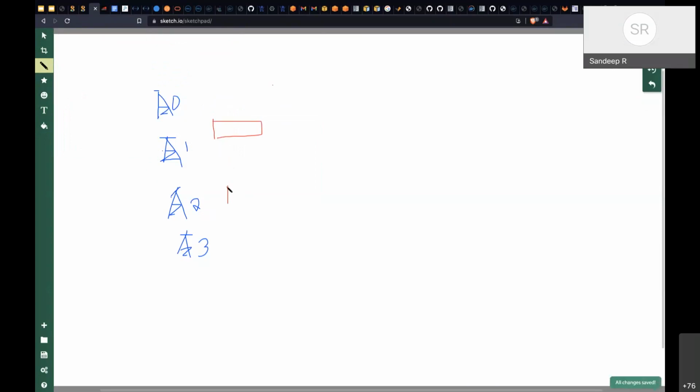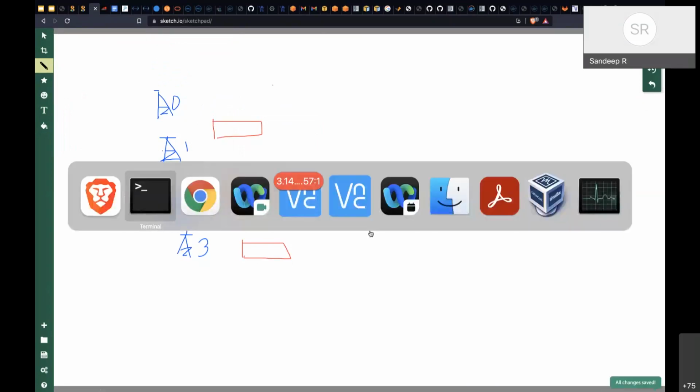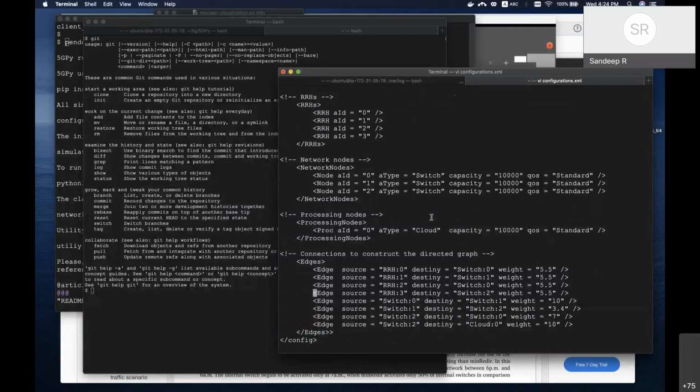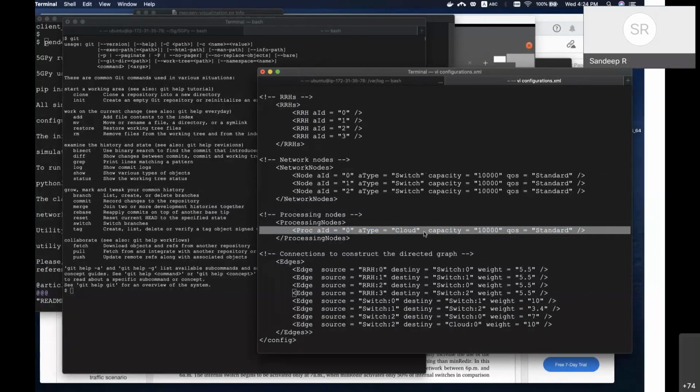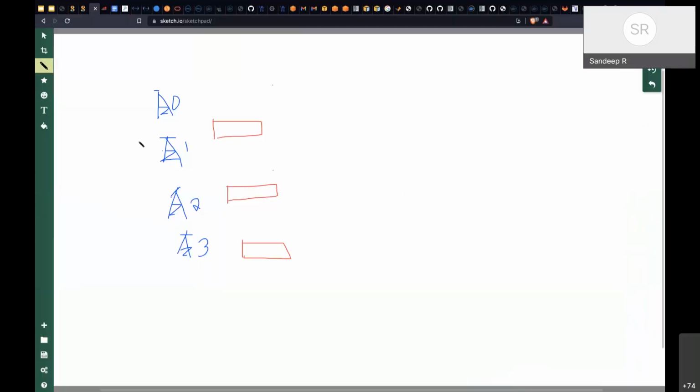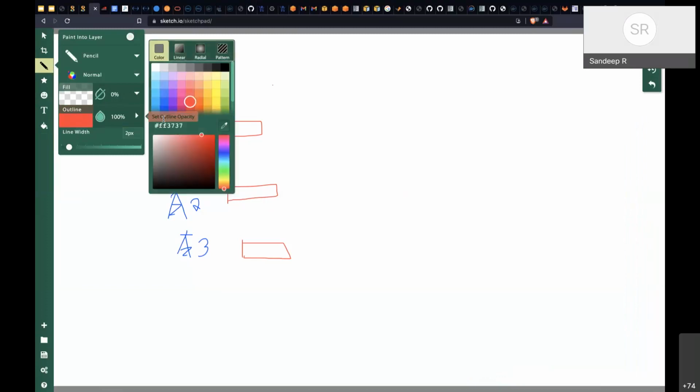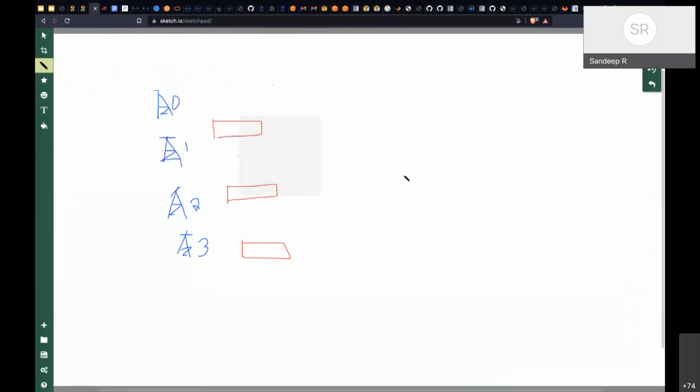So that is probably being shared somewhere. And there's also something called a cloud. They have not mentioned it in the configuration, but yeah, there is a cloud. So here, there's one more cloud, okay? So we will also draw the cloud. This is the cloud. This is the internet, or whatever you want to call it. I'll say internet, big I.